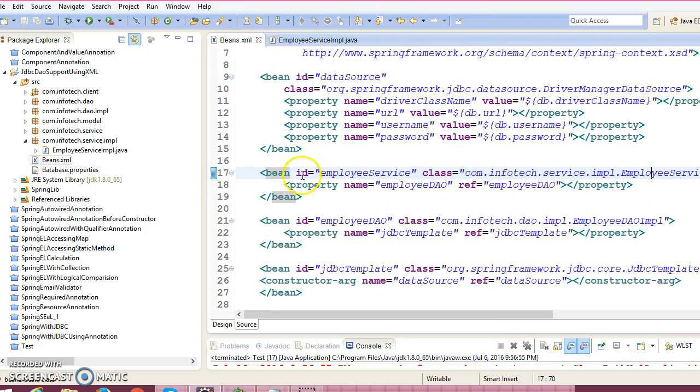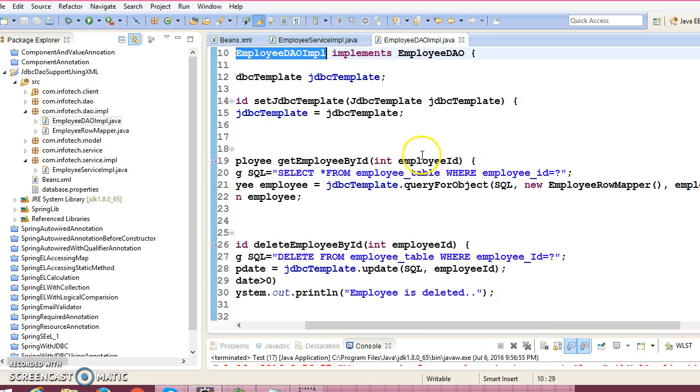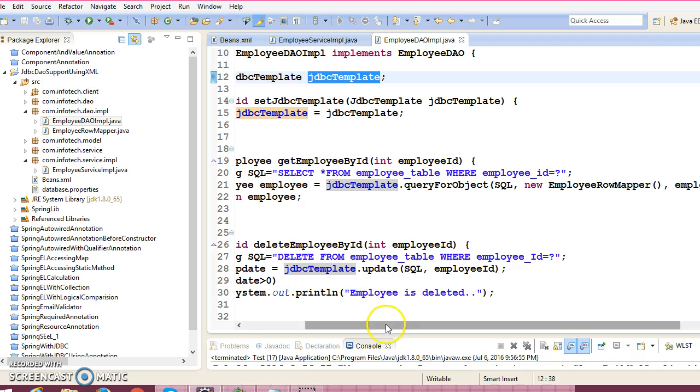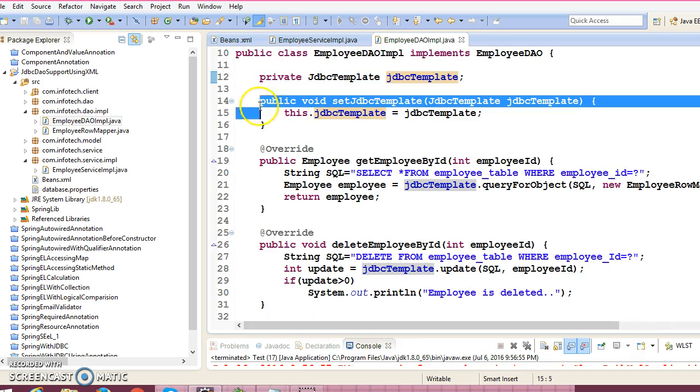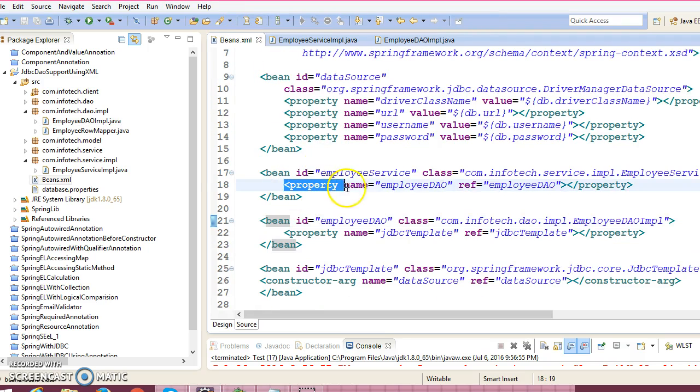So of course these two beans are defined by us, and our DAO layer contains an instance of JDBC template and corresponding setter methods. So we have configured these things as well, and this will make use of setter based dependency injection